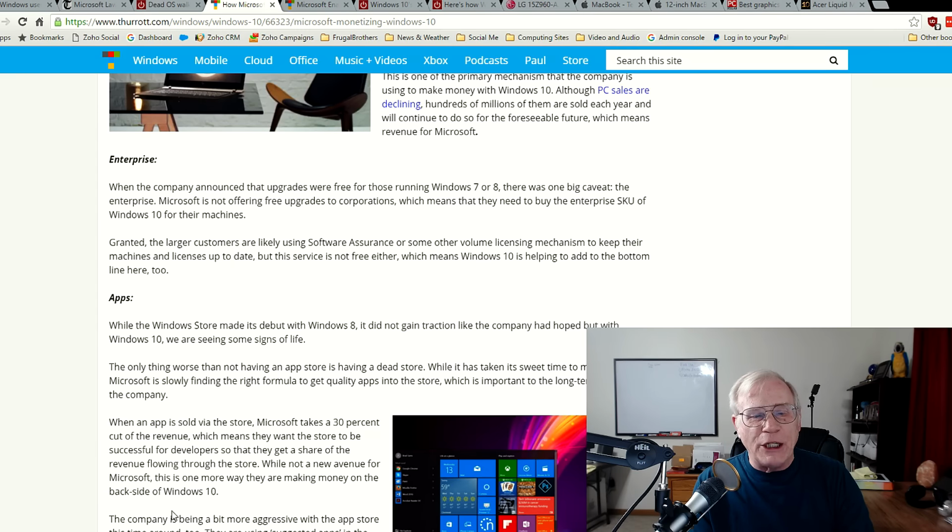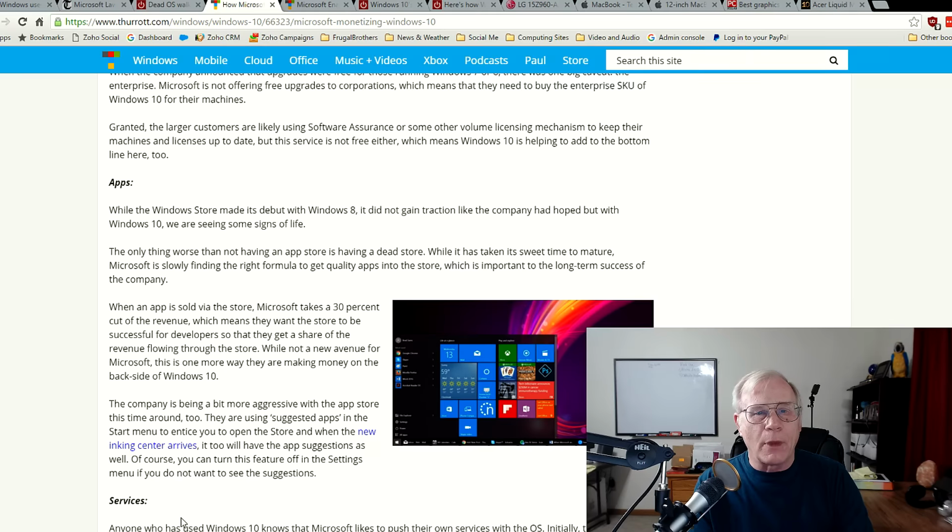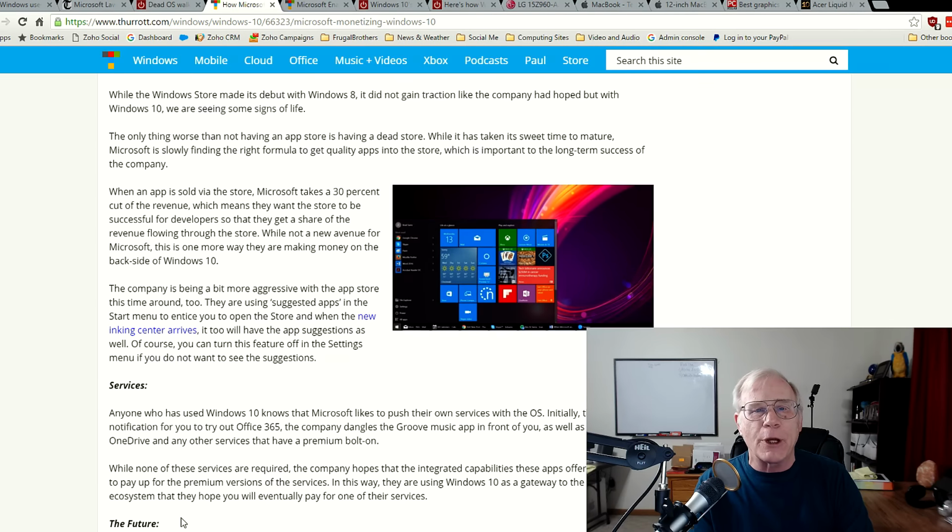What is newish, let's put it that way, is the apps. Now they're looking to make money on the back end of things. By the way, Microsoft makes 30% margins on the apps that it sells on the Microsoft Store. Unfortunately, not a lot of visitors to the Microsoft App Store. They kind of screwed it all up, and it was somewhat of a wasteland of mostly useless applications. It's getting better, and Microsoft's getting more aggressive in promoting the store.